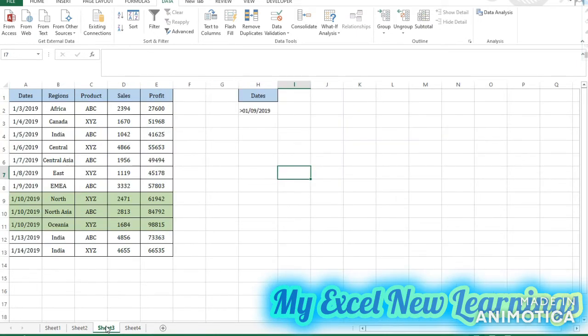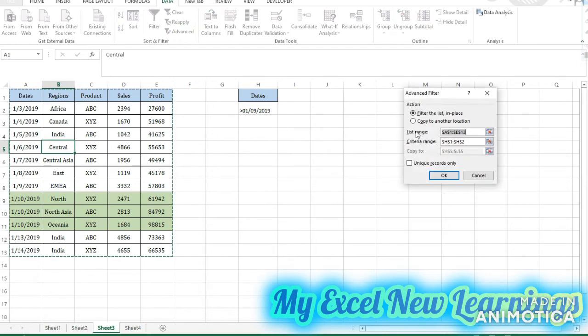Here you can use it with the greater than for the dates or with the greater than for the sales or the profit. So here I have just used a criteria for the dates which are greater than 1/9/2019. I want to pull the data which are greater than 1/9, that is 1st of Jan 2019. So I will click in the data anywhere, then I will go to the data tab, then I will click on the advanced filter, then my list range is already selected.